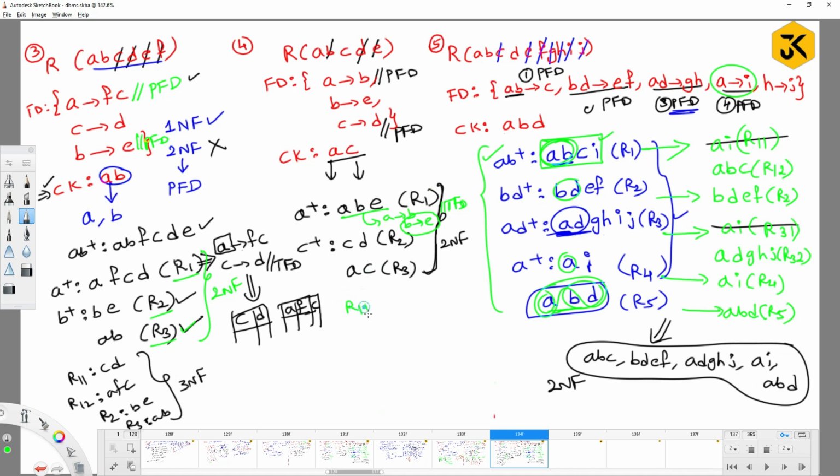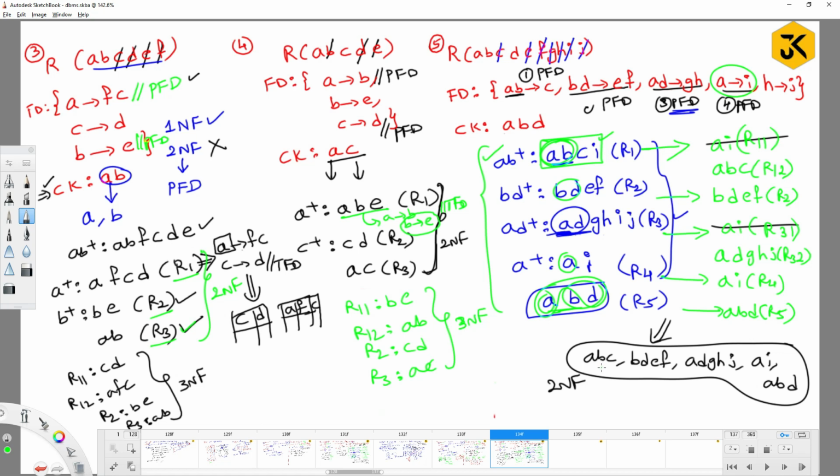So if you take R11, B is one relation, R12, AB is one relation. And what about R2? CD as this, R3 is also as this, AC. Right? Now it is in 3NF. It means we are simply concentrating only on transitive dependencies so that you can reduce the redundancy. Right? Similarly, for the fifth one,